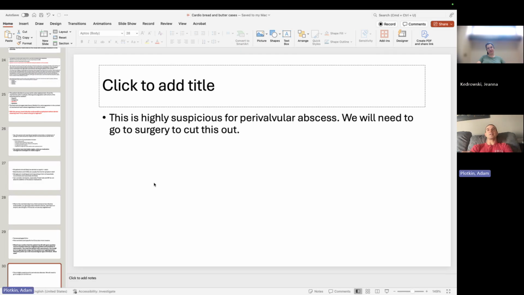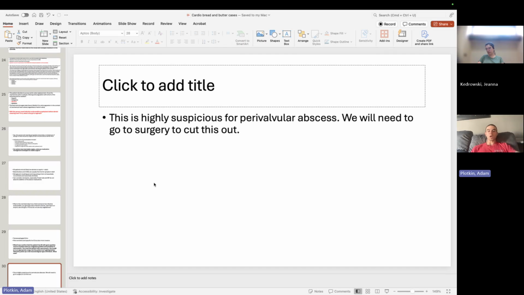The bug set up shop on one of the valves and formed an abscess. And when it's got an abscess, it's kind of walled itself off from the antibiotics. So in this case, let's get re-imaging. Let's find the abscess, and we're going to need to surgically remove it. You'll often see with these perivalvular abscesses some sort of new heart block. That's because they usually impact the AV node in some way. They kind of extend into the AV node.